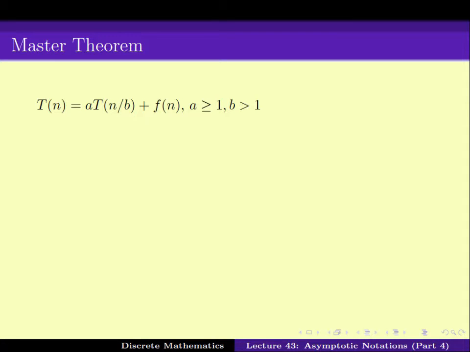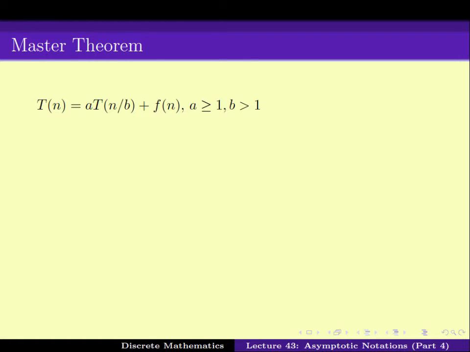So the Master Theorem says that if I have a term of the form T of n equals a times T of n over b plus f of n, where f of n is some function of n, say n squared, n cubed, n log n, 2 power n, and something like that,